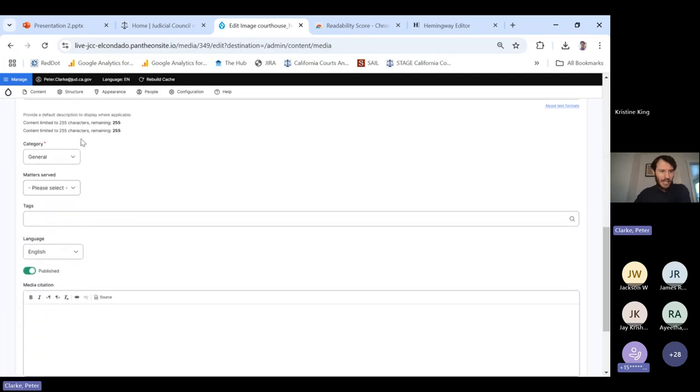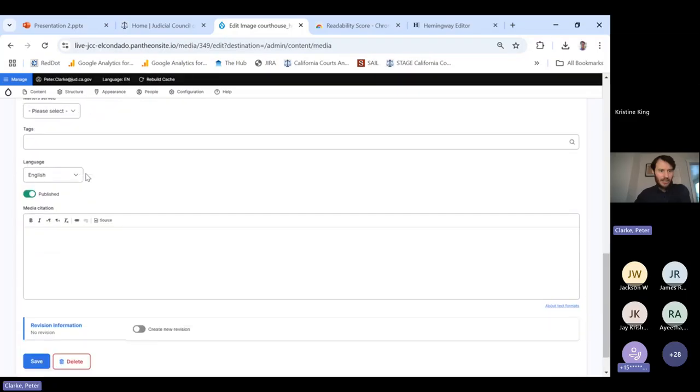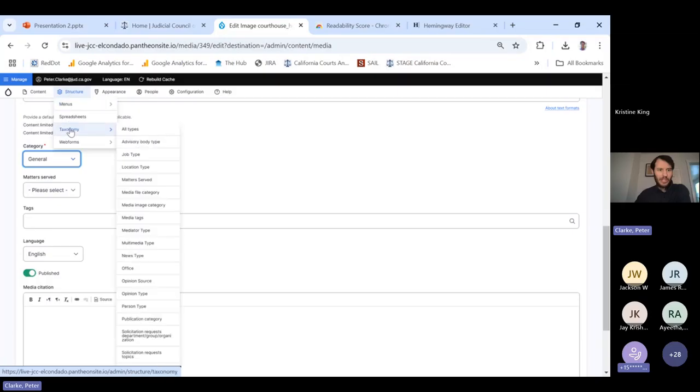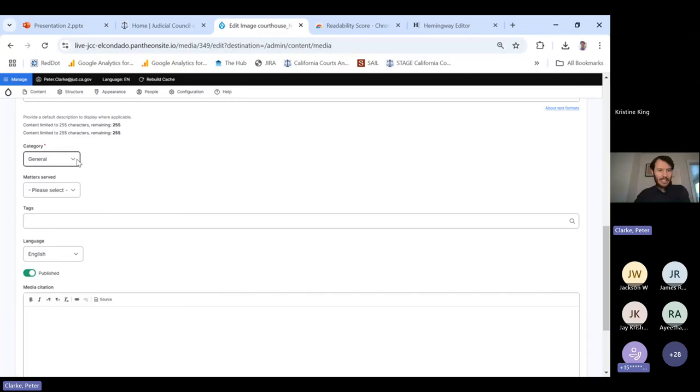And then there are a couple of taxonomy terms that you can use. And I also want to mention this, that we have these default taxonomy terms set. We can add new taxonomy terms for you, or if you're a manager on your site, you should be able to add new taxonomy terms by going into structure, taxonomy, and then from there, you can add taxonomy terms to different areas of the site, whether you're talking about news or media, anything that says like category. You can usually adjust these on your own, or if you need help from us in adjusting these,